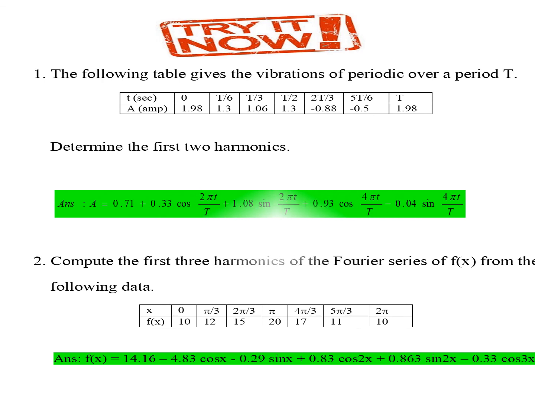So students, I hope you would have learned how to find the harmonics, especially for a given function where numerical data is given, and how to find the Fourier series. So try to do these problems, and you can observe the first problem is of period T, so that you have to compare with 0 to 2L, that type, and second of course it is a 0 to 2 pi problem.